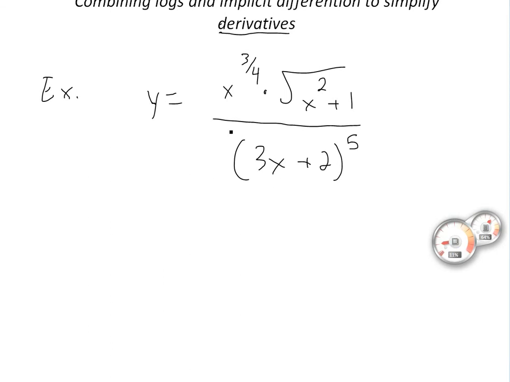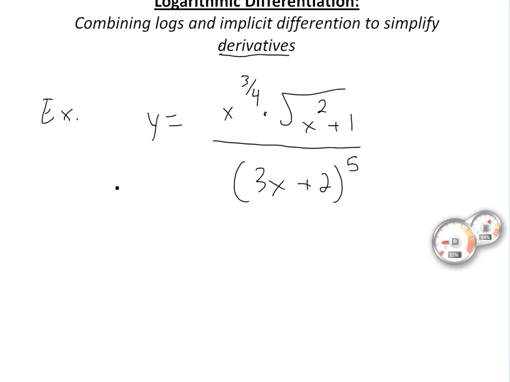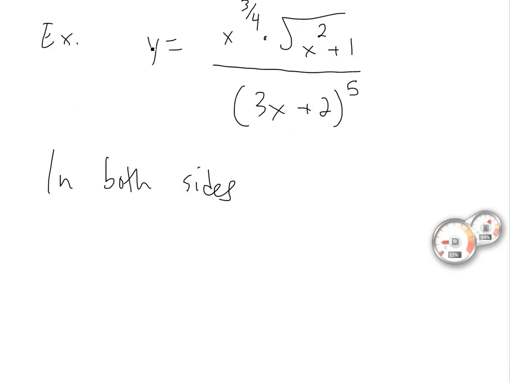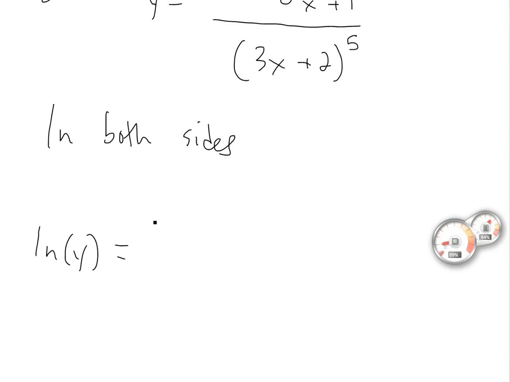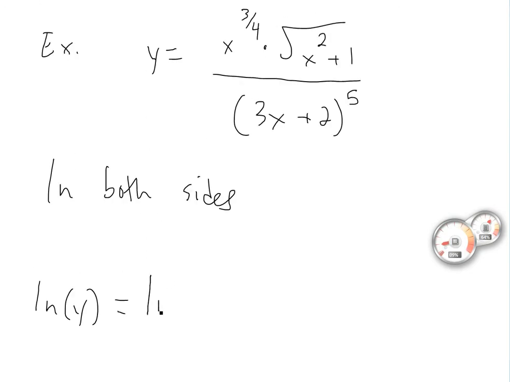But what we could do is take the ln of both sides to simplify it. So if you take the ln of both, natural log, we're going to get ln y. We could do this because these are equal. The equation just means both sides are equal, so if we're lnning, we're not changing anything. So now we're going to have ln